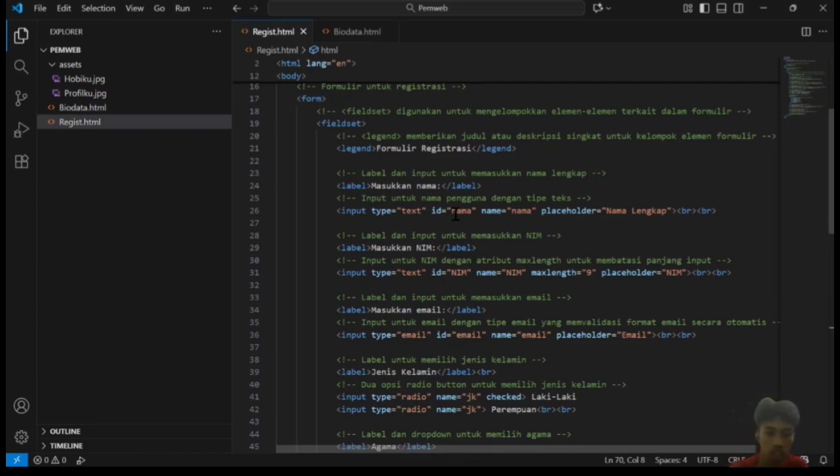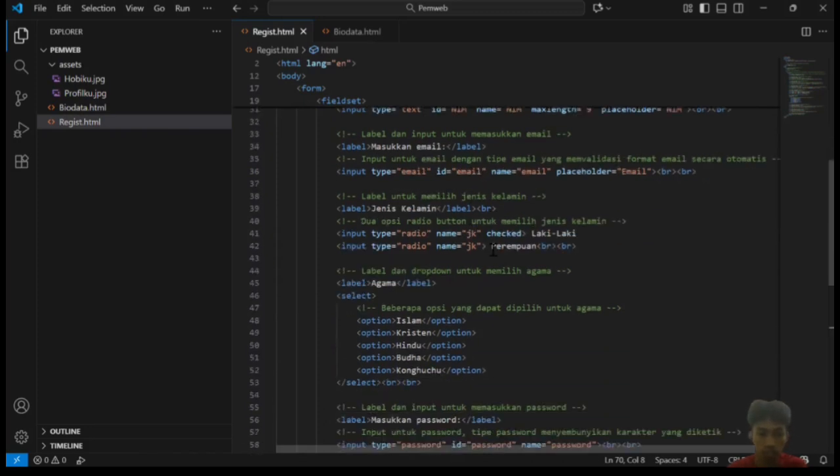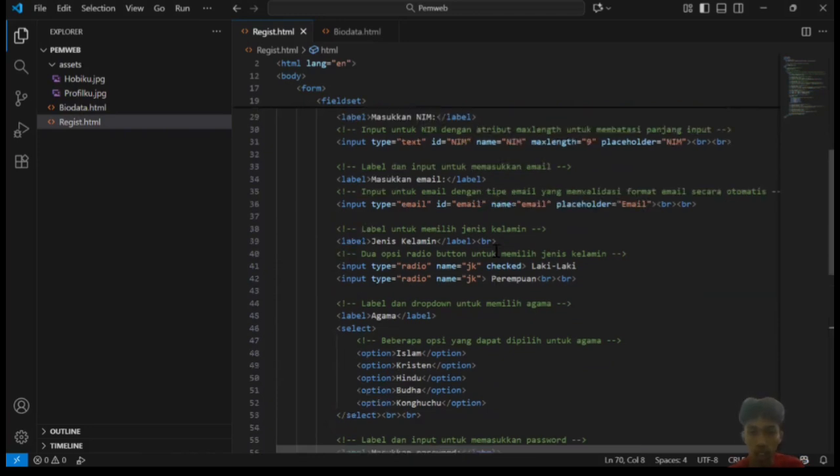The br tag is used to add spacing between lines to make the display tidier. Maxlength 9 means that the user can only type a maximum of 9 characters.